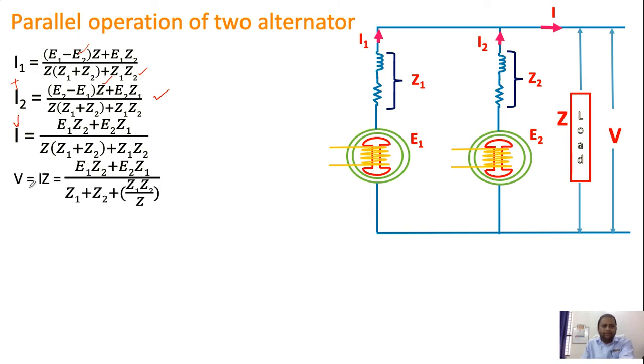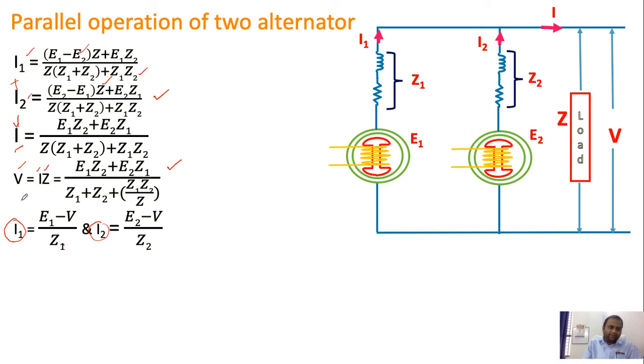And then what is voltage? V equal to I into Z, this is the terminal voltage. So you know this I, you just multiply by Z, then you will get this equation. And after that, you also know from this diagram, I1 equal to E minus V by Z, which is nothing but the first two equations which you have written, just in terms of I1 and in terms of I2. So you get two kinds of I1, I2 in terms of E and V, and also in terms of E1, E2, Z1, Z2 and all those. So these two equations we have.